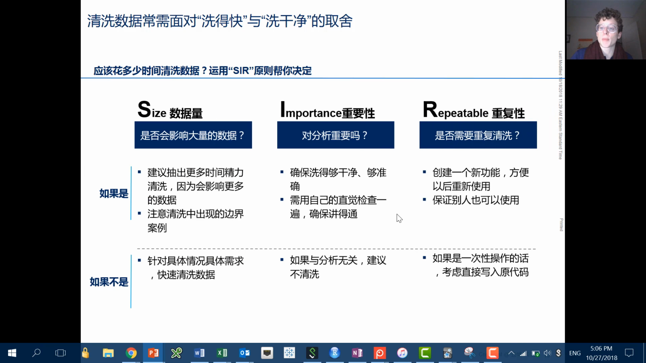Finally, SIR, repeatable. What repeatable means is, how many times are you going to do this analysis or this cleaning? Similar to size, you might find that in order to clean this piece of data, you're going to have another data set that has a very similar problem. And if it is similar, you're going to have to use the same type of code or strategy to clean it. Then think about using a more clean but long method, because you'll actually be saving yourself time in the